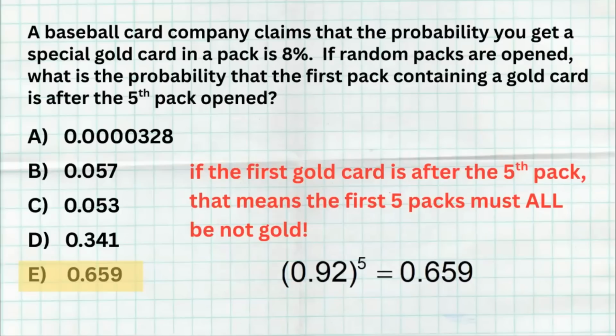That's it. Now, a lot of kids ask, but what about the win? Don't I need a gold card? Don't I need that successful gold card somewhere? But the question doesn't tell me where that successful gold card happens. It could be the 6th or the 7th or the 8th or the 9th or the 10th or the 11th,